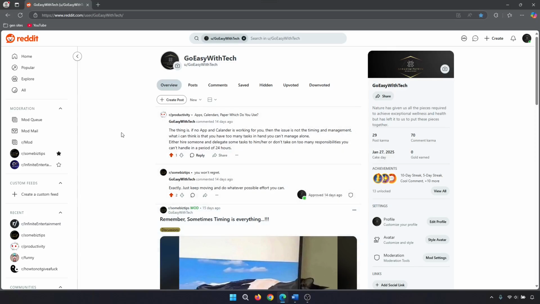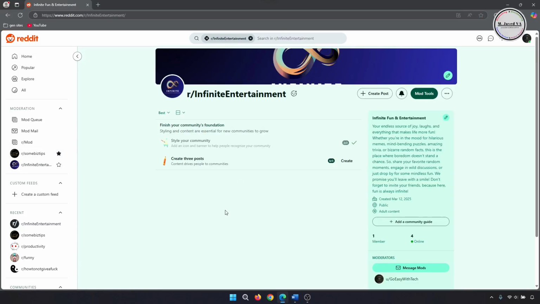So go to your subreddit. Now add some rules to your subreddit so that the community members know what is allowed and what is not. So to add rules, go to Rules tab under Mod Tools